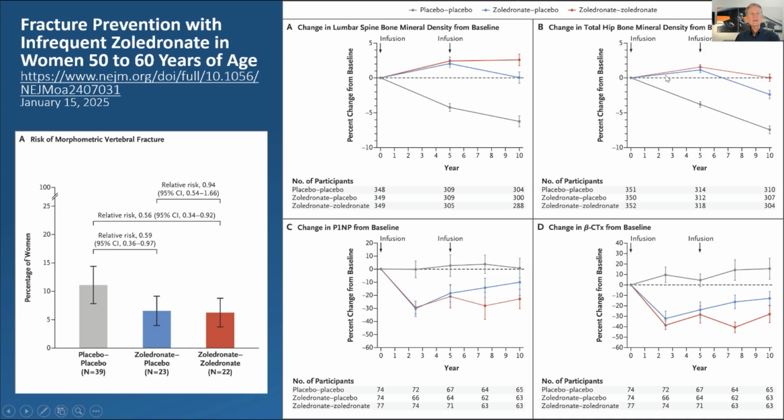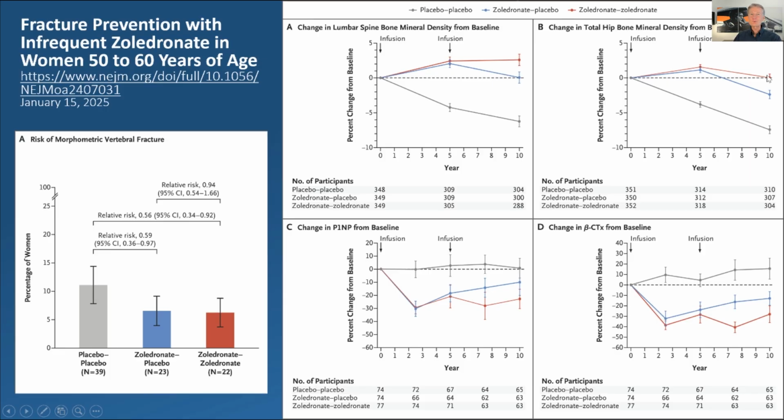Now over here in the hip, it's a little bit different because the hip is tougher. So we didn't gain as much with 1 infusion, and if you didn't do a second infusion, you lost, and you're worse off than you were 10 years ago. But not bad at all. But if you got an infusion every 5 years, you were able to maintain that bone mineral density and most of your structure at the same time. So this was really exciting.